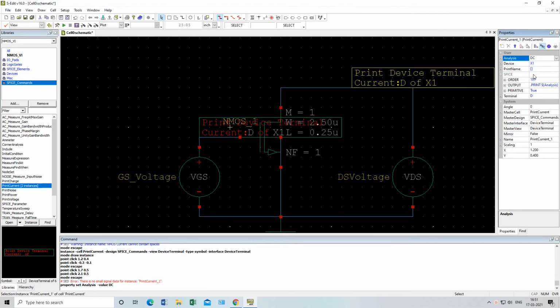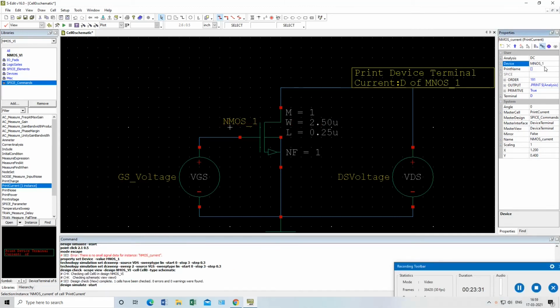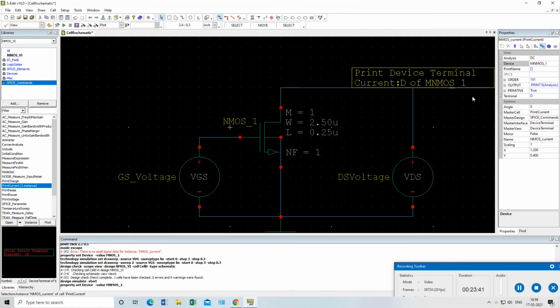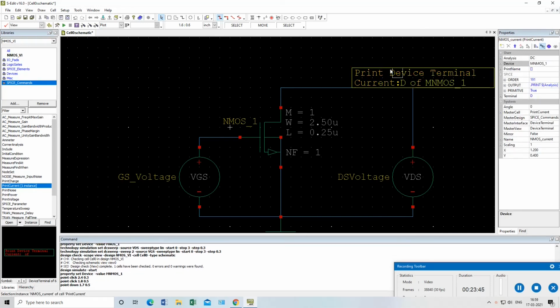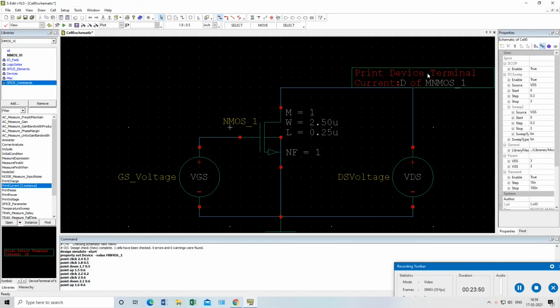I will go for DC because we are printing the DC value, and change the name to NMOS current and the device also to MNMOS_1. You have to give this device name MNMOS_1. This is important. Otherwise this command will not work.